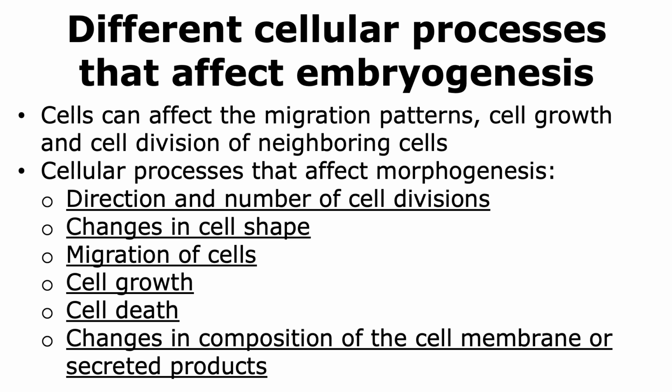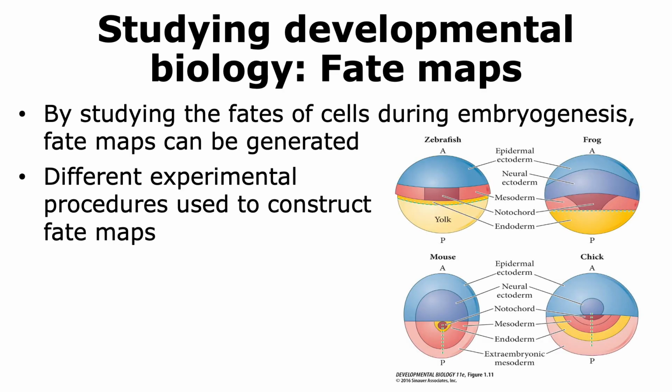We're now going to look at what are called fate maps. Early scientists who studied embryology always wondered about the fate of cells during the process of development. Basically, in other words, we're trying to say, how do we know what kind of cells develop into what kind of organs, for example? So, through many different experimental procedures, scientists were able to study the fate of the cells and were able to generate maps called fate maps that basically tell us what part of a zygote or an early embryo forms what